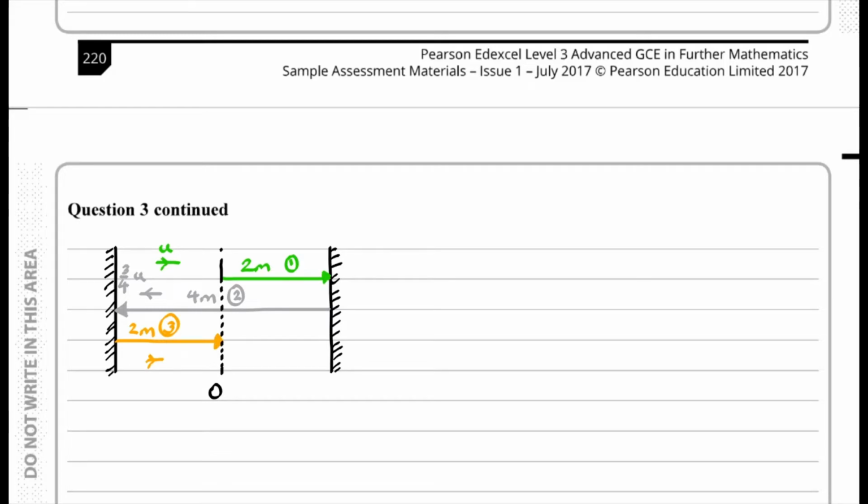So if we write this entire thing down, the speed of the particle after the second impact, and that's the bit in orange which we're working out. We'll call this V dash,